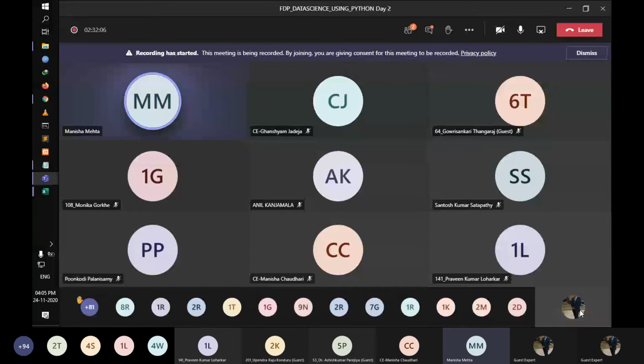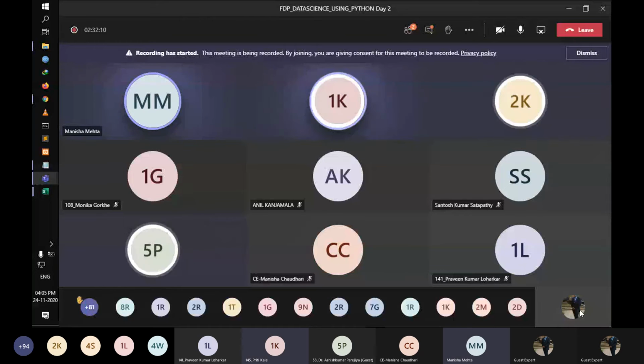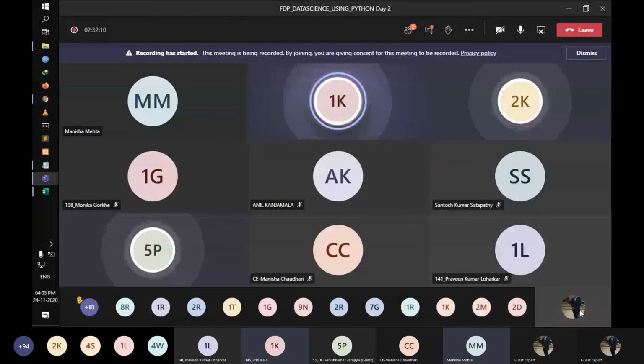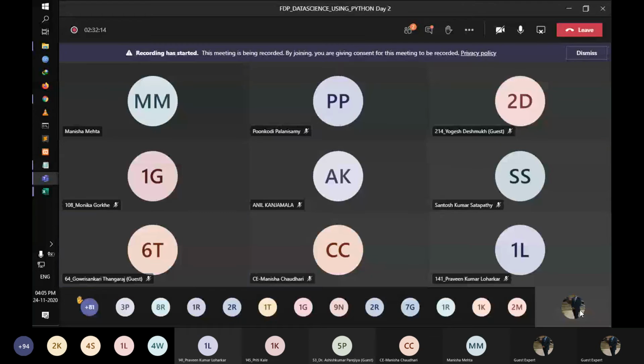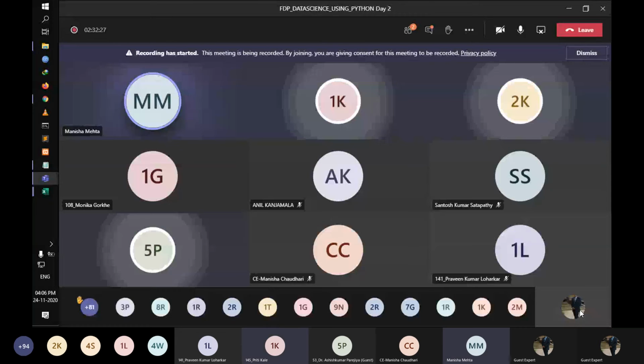Sir, is it not possible using Google Colab? Actually, we are using PyCharm because PyCharm supports all the libraries. Sometimes a library fails, even in Anaconda some libraries fail. So we are using PyCharm for that purpose. If anyone is comfortable with Colab, it is fine. But library support differs on each platform.